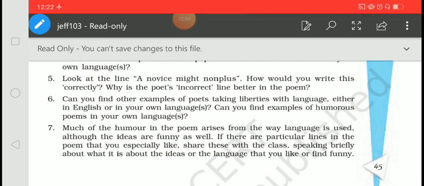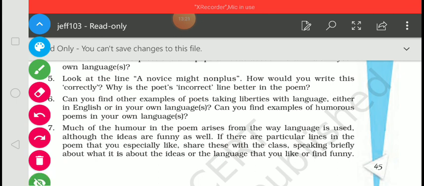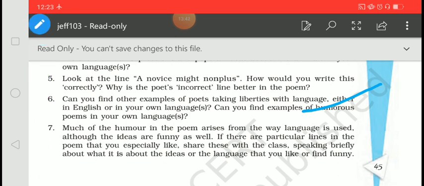Okay, look at the next one, sixth one. Can you find other examples of the poet taking liberties with language, either in English or in your own language? Can you find examples of humorous poems in your own language? So it should be done by you, as per your thinking and creativity. Think, imagine and answer this question. In the class it will be discussed what answer you will write. When school reopens after lockdown, all your answers will be discussed in class. So let us move on to the next question,